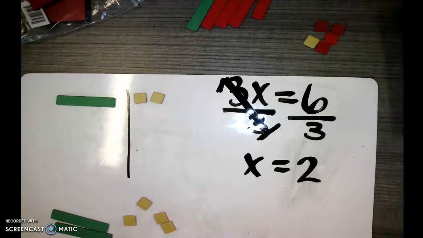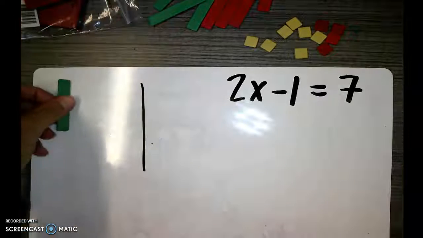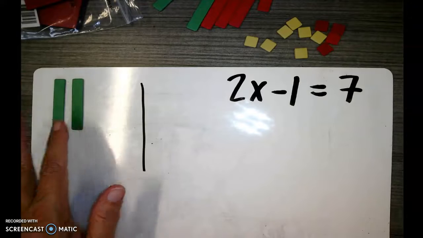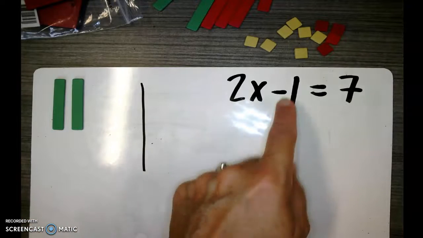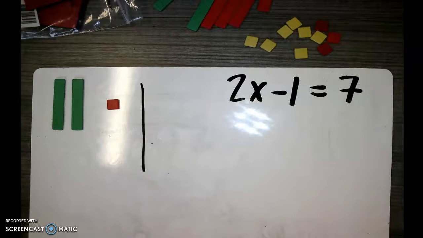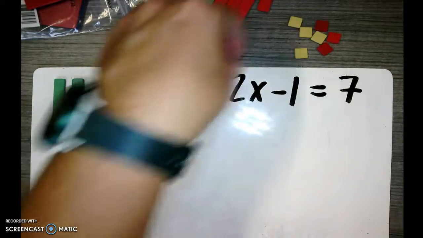Now we're going to kick it up a notch with a 2-step equation. Okay, now we have a 2-step equation, 2x minus 1 equals 7. So I'm going to model that with my tiles. I have 2 x's, so I'm going to have 2 green tiles, 2 green rectangles. I have a -1 constant, so I'm going to have a red -1 there. And then on the other side of the equation, I have 7 positive constants, so I'm going to have 7